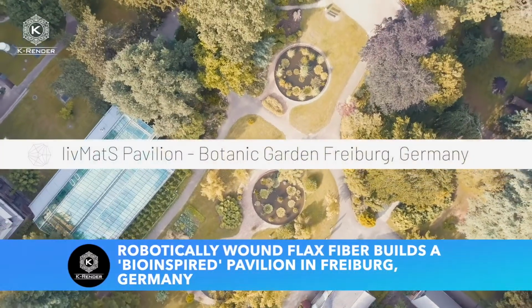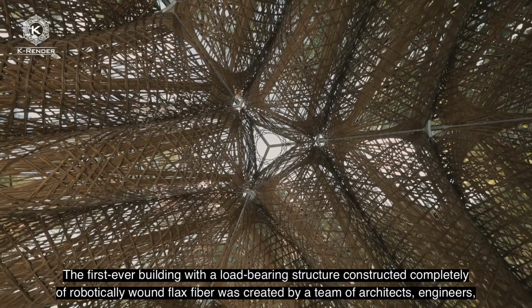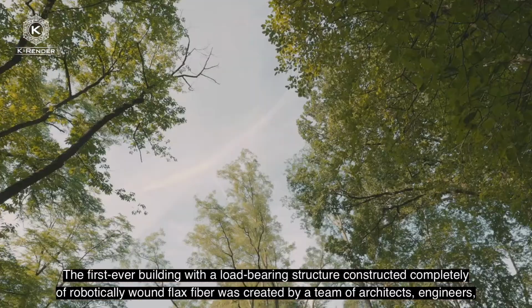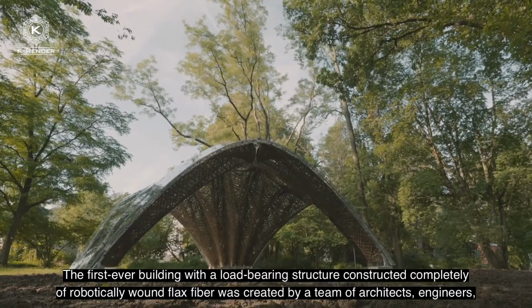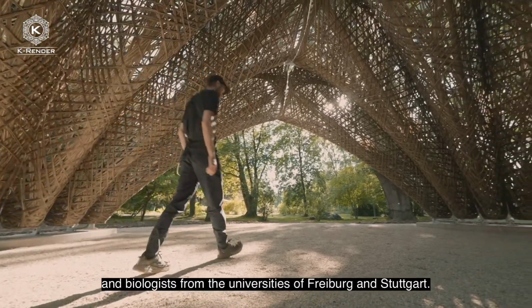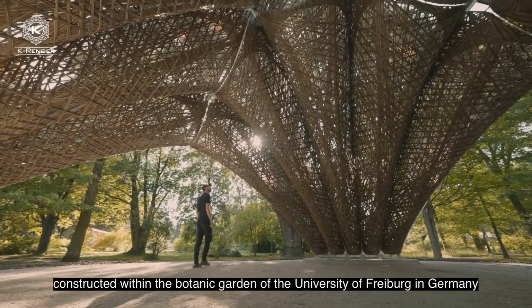Robotically wound flax fiber builds a bio-inspired pavilion in Freiburg, Germany. The first ever building with a load-bearing structure, constructed completely of robotically wound flax fiber, was created by a team of architects, engineers, and biologists from the universities of Freiburg and Stuttgart, constructed within the Botanic Garden of the University